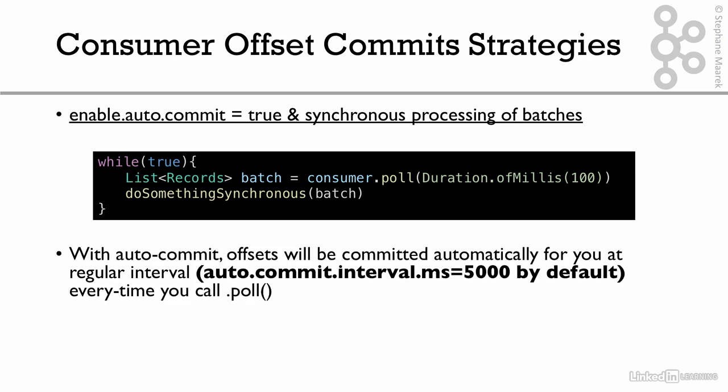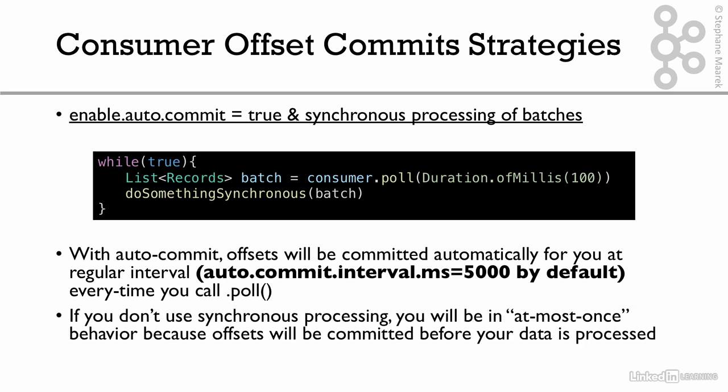Basically, with autocommit enabled by default, offsets will be committed automatically for you at a regular interval, which is 5 seconds by default, every time you call poll. So this is something that's been implemented, saying your consumers will commit whatever has been done automatically every 5,000 milliseconds. So this is a nice behavior, but if you don't use synchronous processing, if you do something asynchronous,